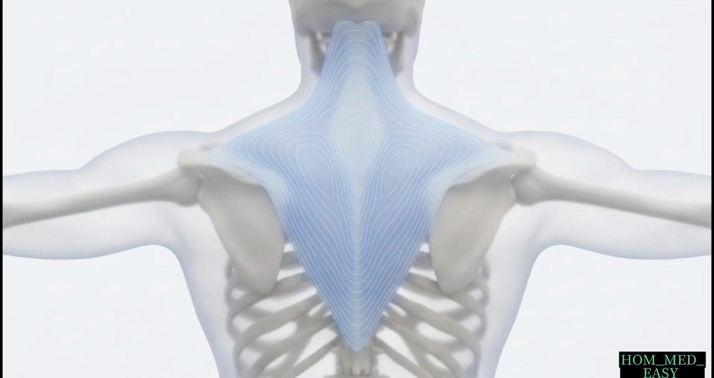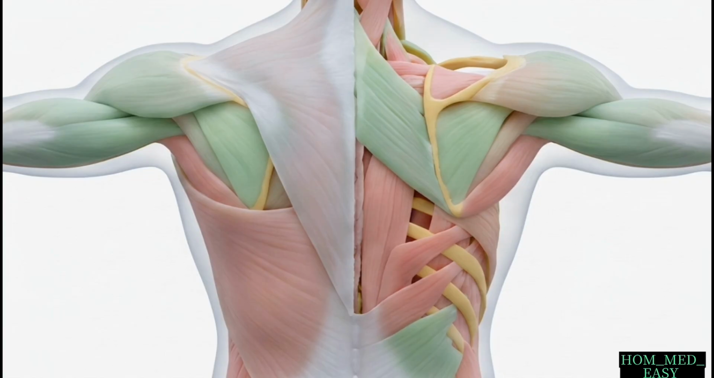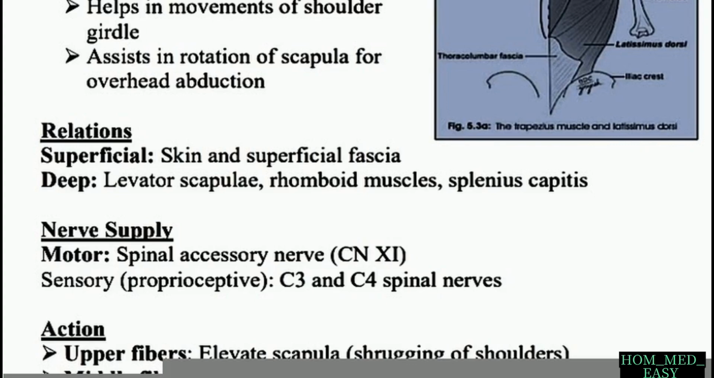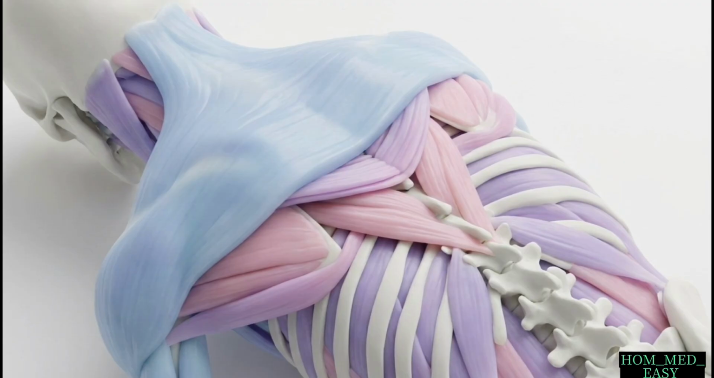Having mapped the active biomechanics, we are left with a final topographical question. What structures lie immediately beneath this massive superficial shield? If we render the trapezius transparent, we reveal a dense, intricately layered system of deep musculature covering the rib cage and spine. Anatomical definitions detail these specific relations, mapping the underlying layer to include the levator scapulae, the rhomboid muscles, and the splenius capitis. The trapezius acts as the master superficial capstone over all of these deep structures, locking the